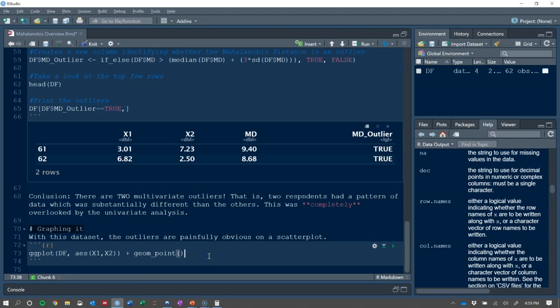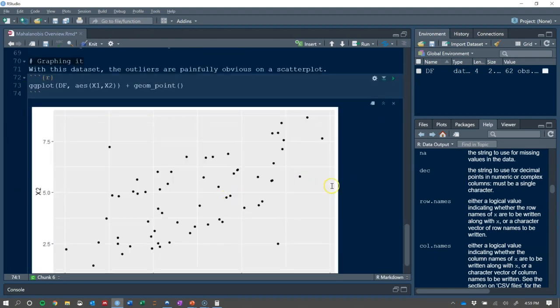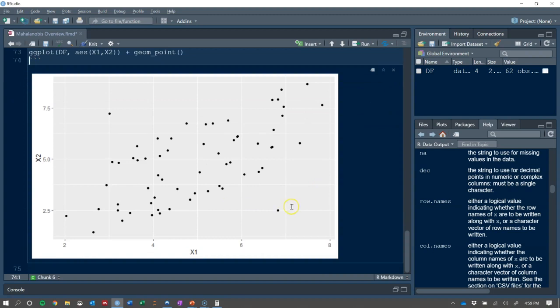Now, like I said earlier, we could put this on a scatter plot, and because we're only looking at two variables, it's really easy for us to put this up and just intuitively know, hey, we've got two problematic data points in here, but we could not visualize it this way if we had 5 variables that we needed to calculate the Mahalanobis distance for. And so that's why it's important to go through those more quantitative steps instead of just looking at it visually, because in any combination of those 5 variables, everything may look normal, but you're just not able to see those data points as